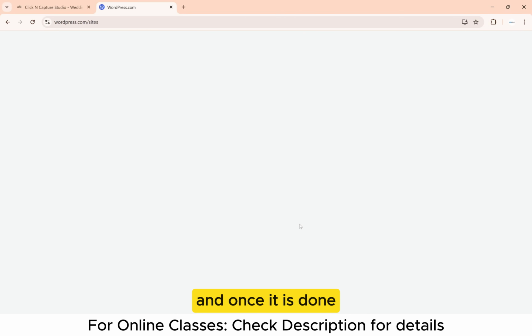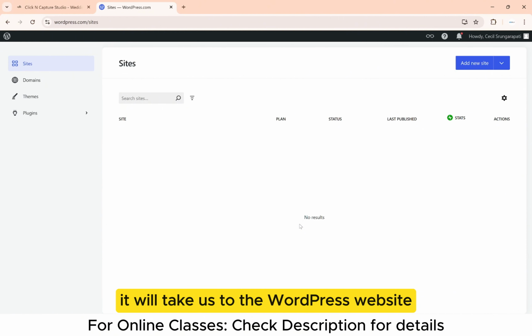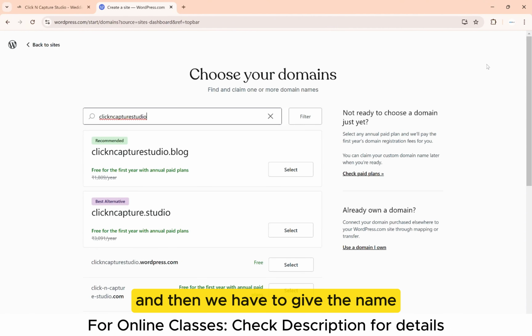And once it is done, it will take us to the WordPress website. And this is a very new website. So what we have to do is add our site to WordPress.com. So we have to click on add new site. And then we have to give the name like Click and Capture